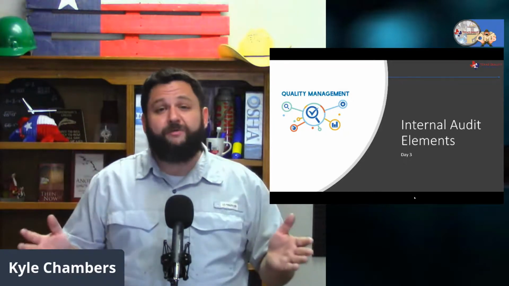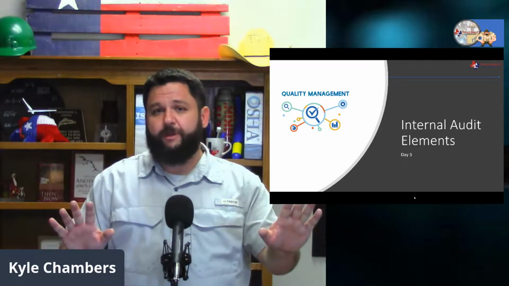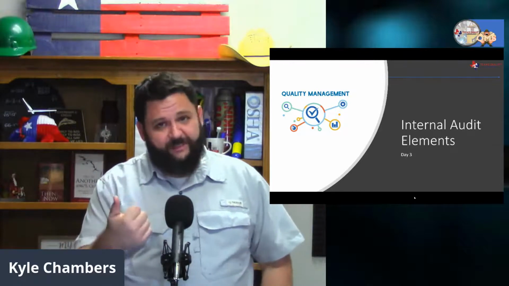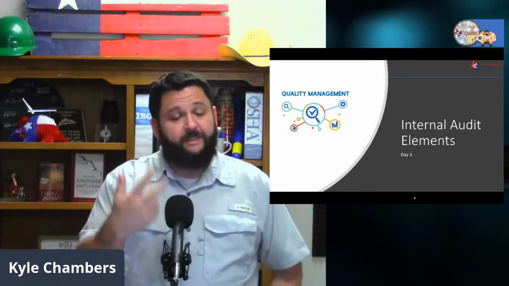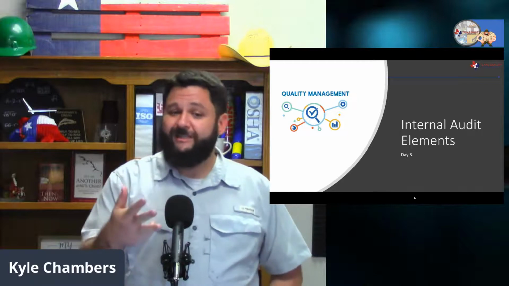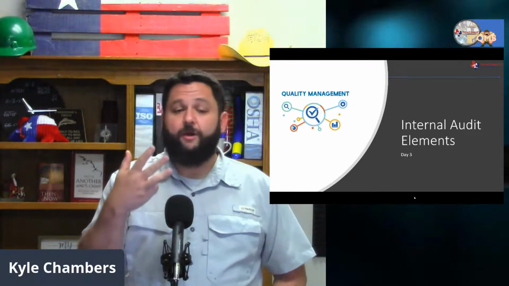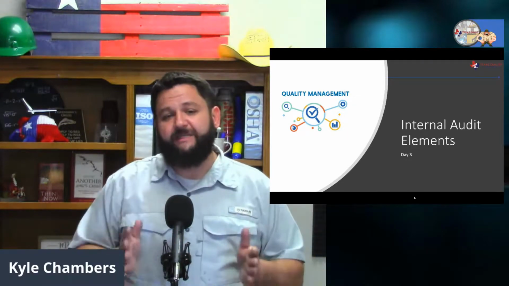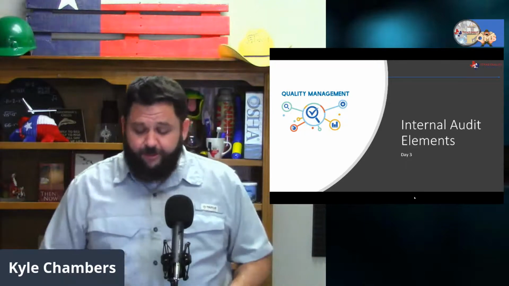But both of these organizations, regardless of the complexity of their production process, they still buy things. They've got suppliers. They still train people. They still have a production and service provision. They still do quality checks. They still have these basic processes. So that would be a good place to start.